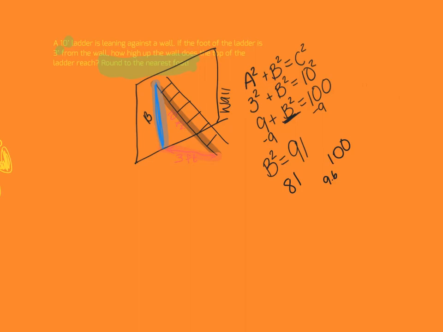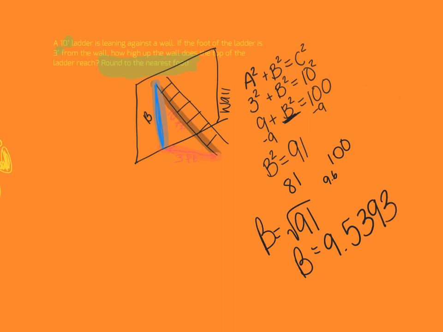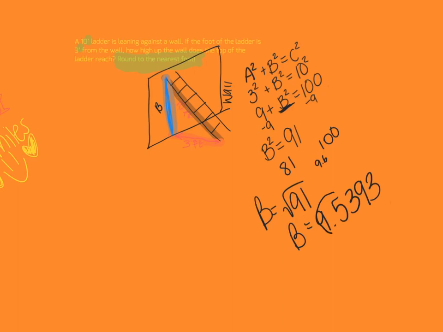If you'd like, you can use a calculator. So the square root of 91 is going to be, I don't know, let's find out. Hey Siri, what's the square root of 91? The square root of 91 is approximately 9.53939. Now they want us to round to the nearest foot. So if we're rounding 9.5 to the nearest foot, we can say the wall is approximately